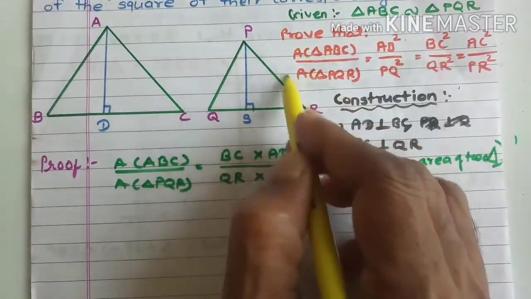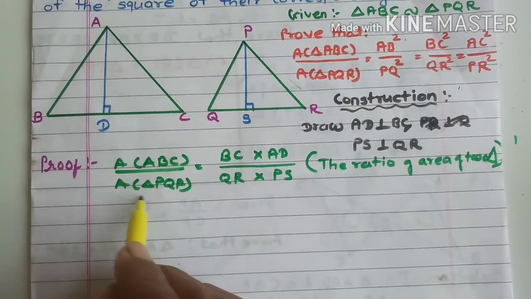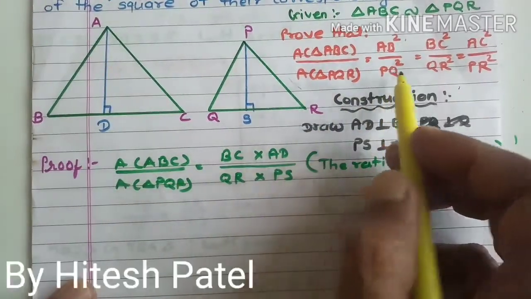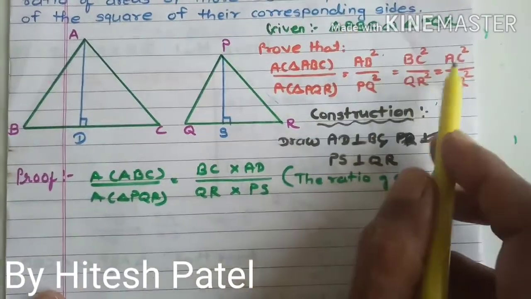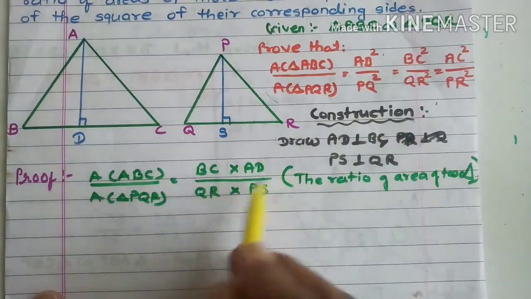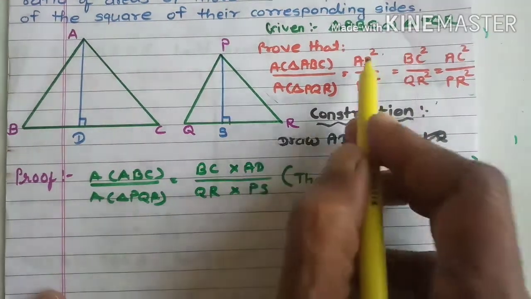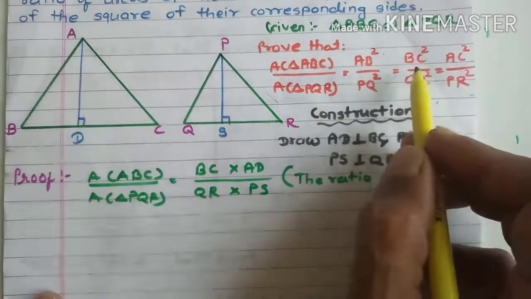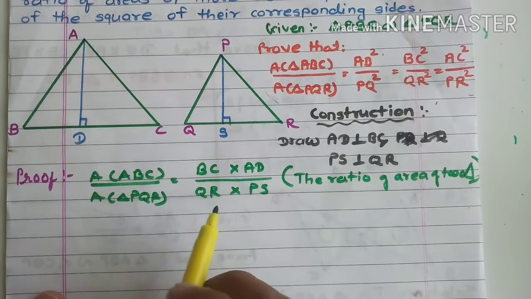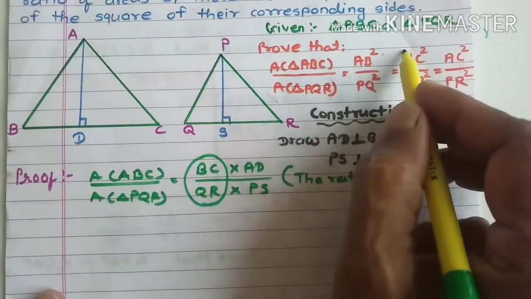See, on the left hand side is area of triangle ABC and area of triangle PQR. Exactly, we also have area of triangle ABC and area of triangle PQR. So left hand sides are getting matched. Now in the right hand side, we need the ratio of these three sides, but we have BC into AD and QR into PS. So match this with any of these. AB upon PQ, we don't have any AB upon PQ. We need BC upon QR, and here also we have BC upon QR. So BC upon QR is here also and here also.